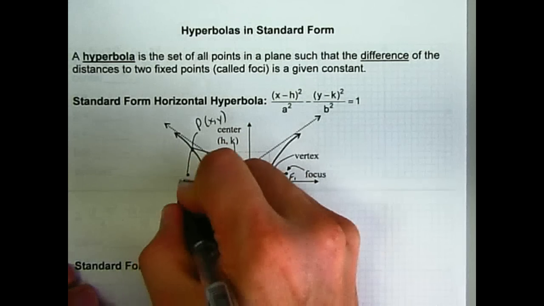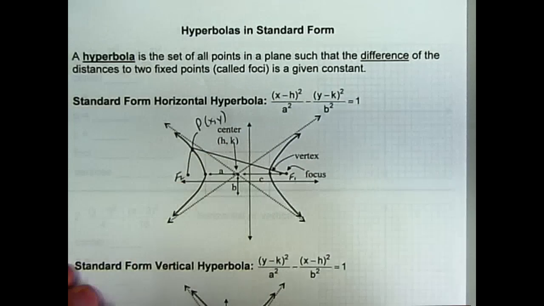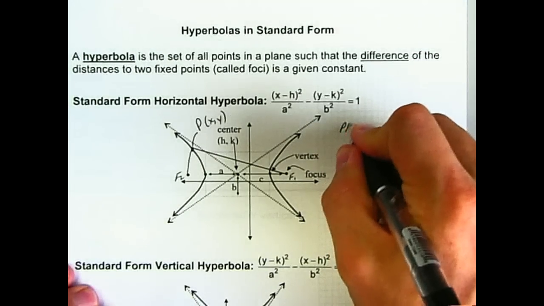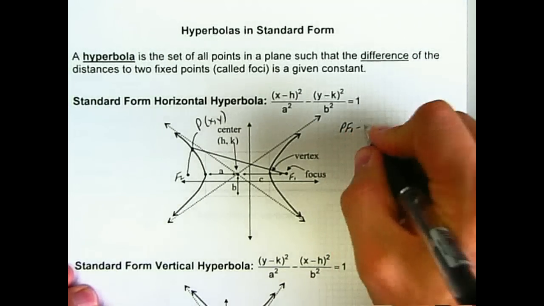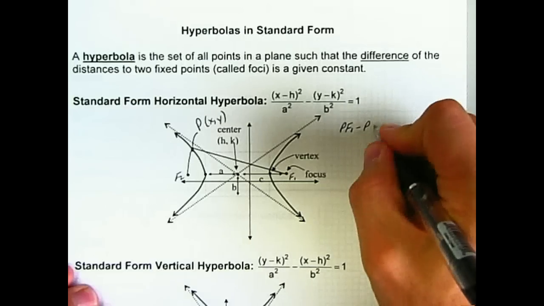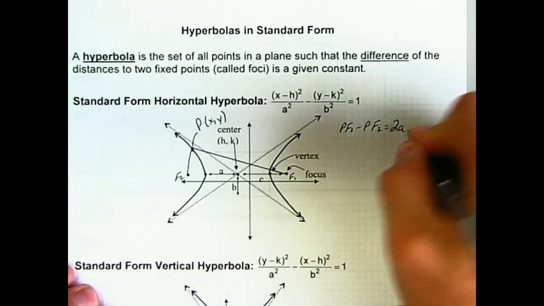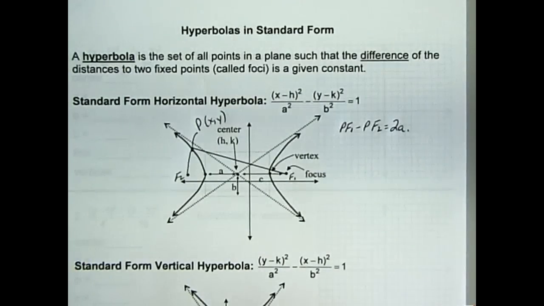And our second focus, what the definition is telling us here is that PF1 minus PF2 is equal to 2a. And this looks really familiar to the equation of the ellipse that we worked on. It's not quite the same, because here,